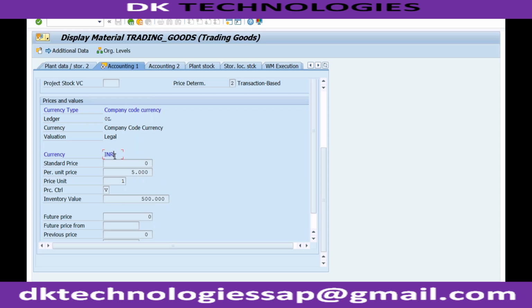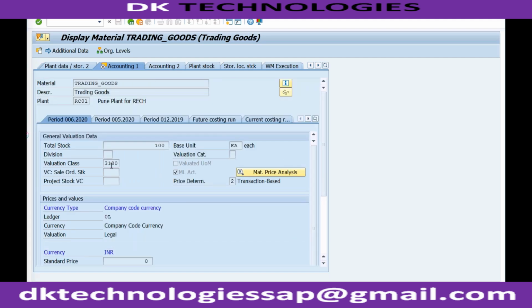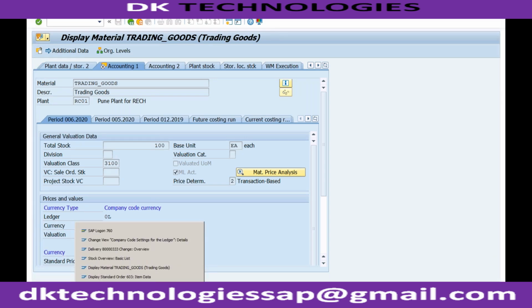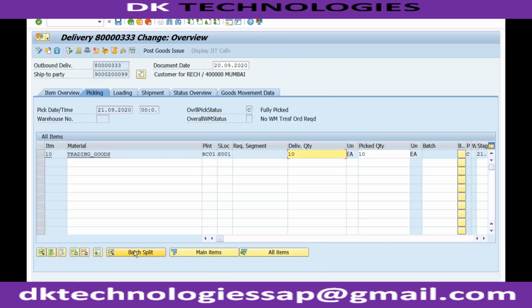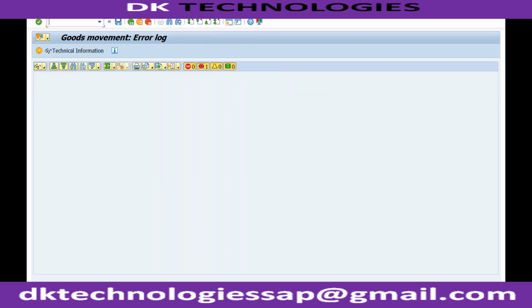In our case, how much are we selling now? We are issuing 10 quantity, which means 5,000 multiplied by 10. That will become 50,000 INR, which is the worth of the material that we are issuing. And this accounting entry will depend upon the valuation class. So see what will happen now. If I go to my delivery and click on this post goods issue button,